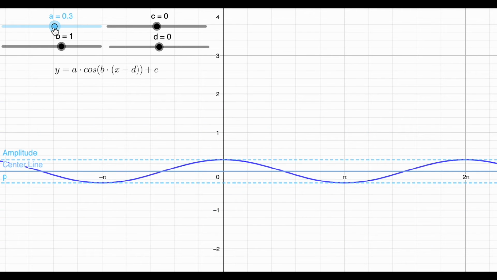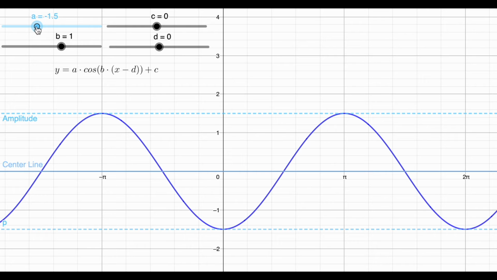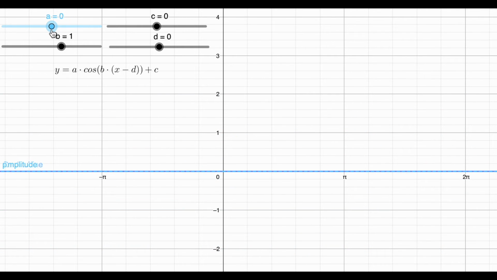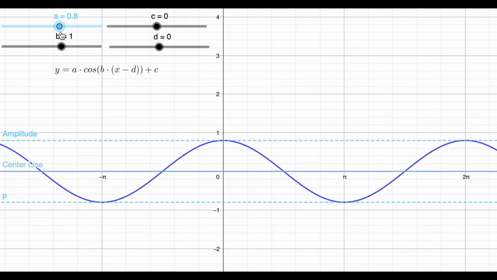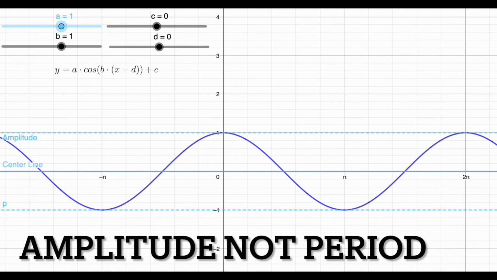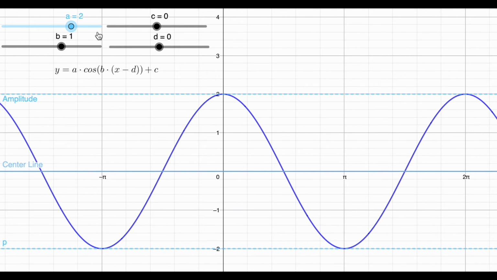If I make it smaller than 1, it squeezes it. If I flip to a negative, it just flips it over and then stretches it. So just like we had before, right? It stretches or squeezes the graph. Now if I change the amplitude to say 2, you'll see the distance from the center line to either the max or the min, that distance is 2. So that A actually determines the amplitude of your